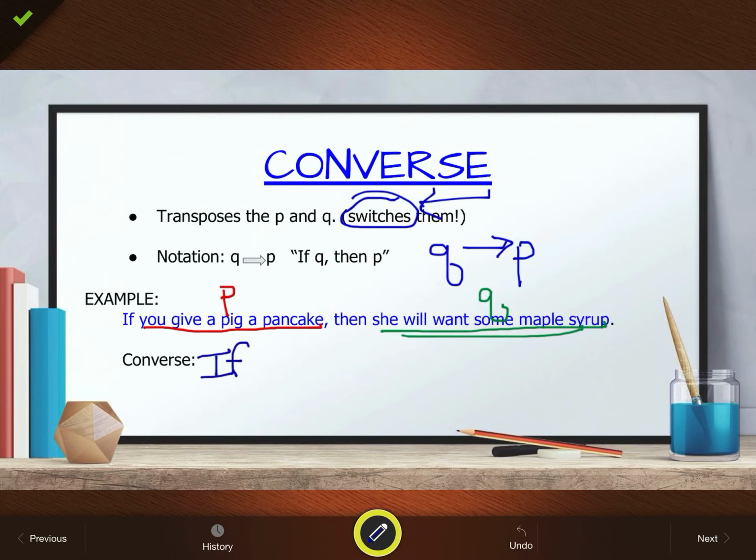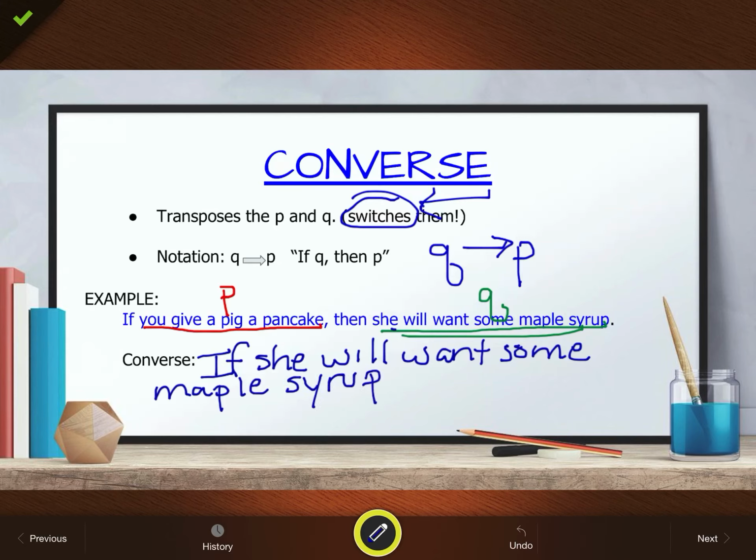if, because a converse is a conditional statement, so it's going to have if and then in it. But now we're going to transpose or switch. We can say she, or you can say a pig, if she will want some maple syrup. And it may sound a little awkward because we usually don't say will want. So my conclusion has now moved to the front. Then, because again, a converse is a conditional statement,